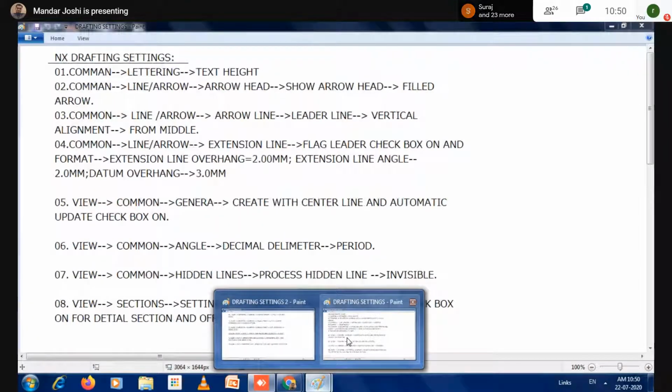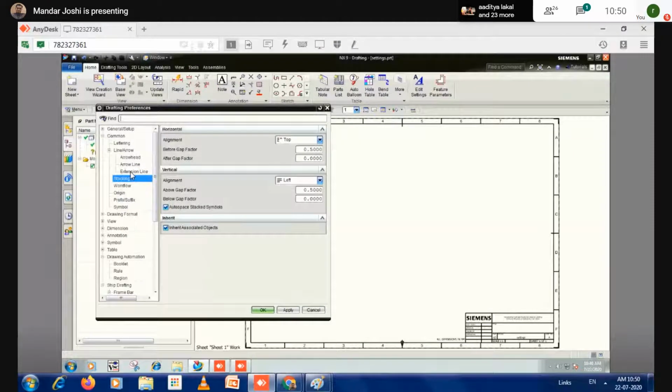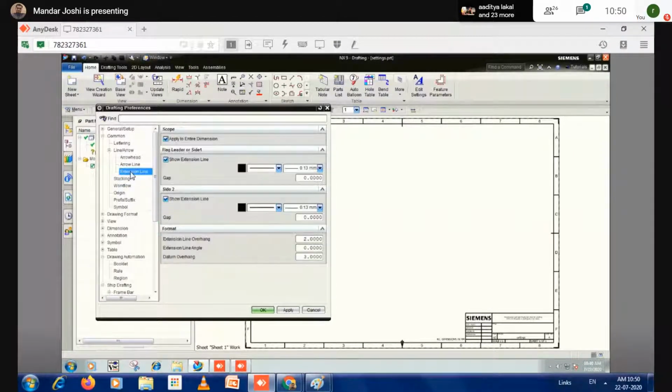Fourth one, extension line, line arrow, extension line. Yeah, here is that option, flag leader on. Side 1, show extension line, and side 2, show extension line. Those two buttons must be on, right?